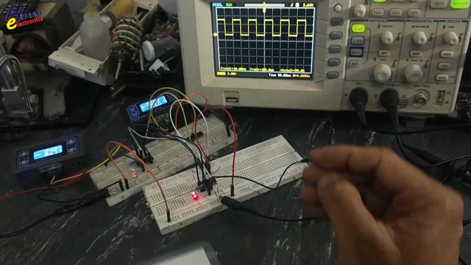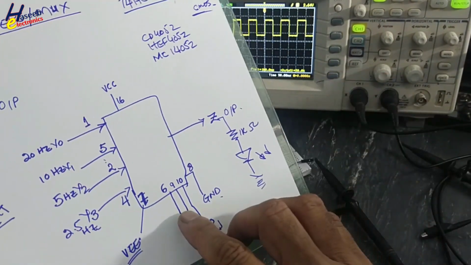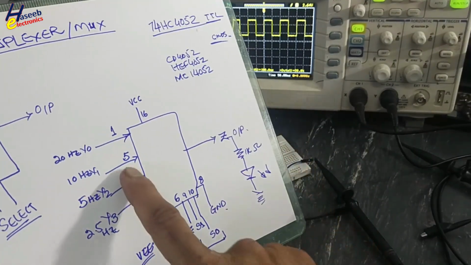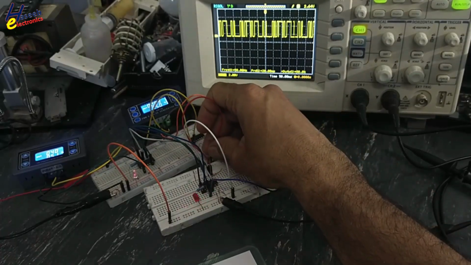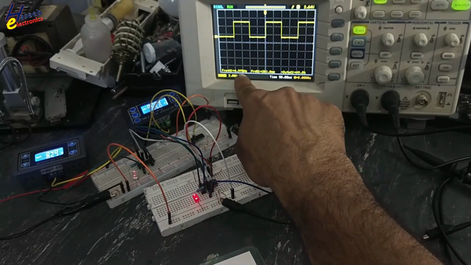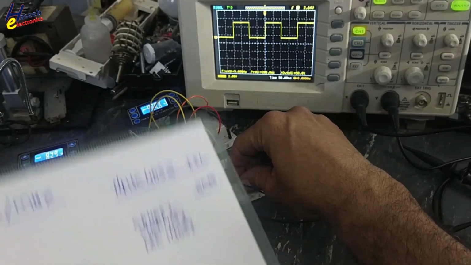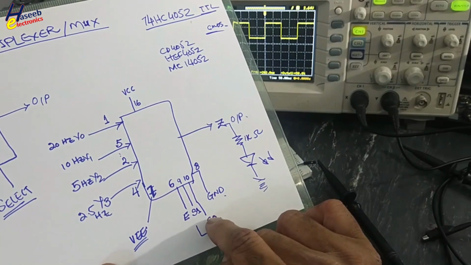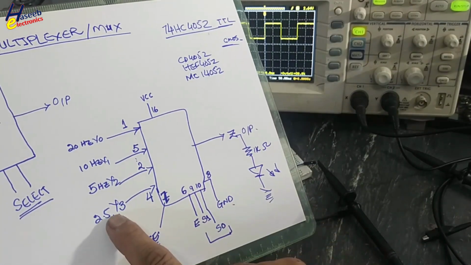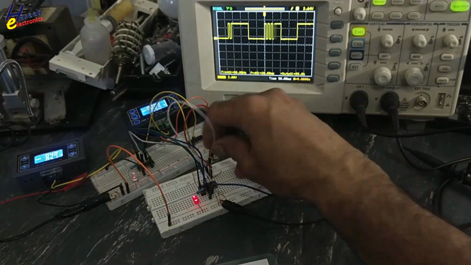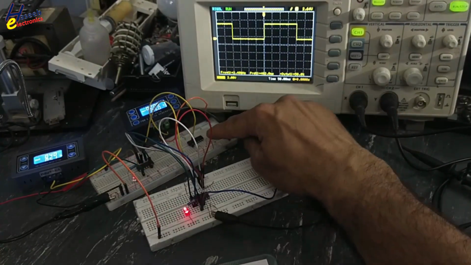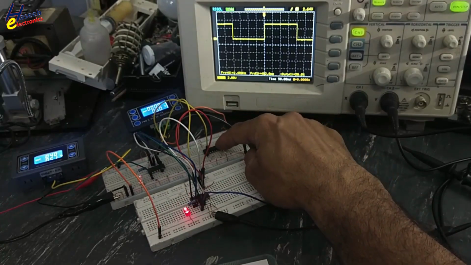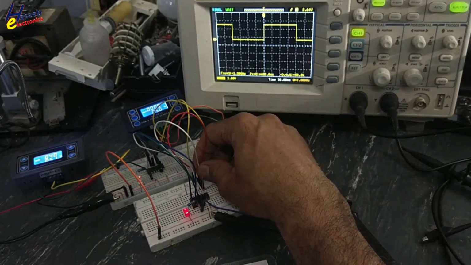If I connect 1, 0, that is the binary address for 2, that time a 5 Hz signal will reach the output. That is this 5 Hz signal here. And if we connect the binary address for decimal 3, this one, 1 1, a 2.5 Hz signal is there. The same 4024 IC I connected here to create automated select inputs.